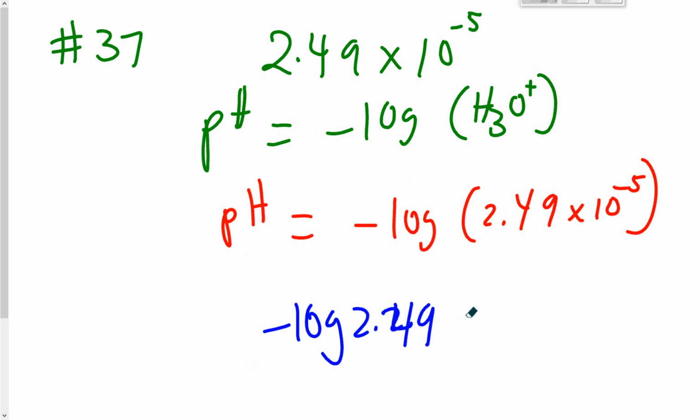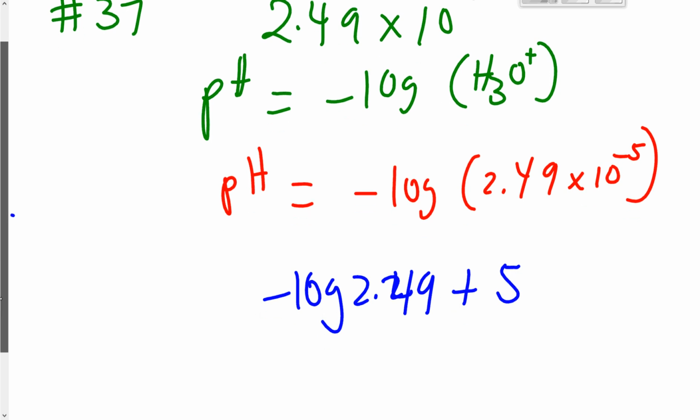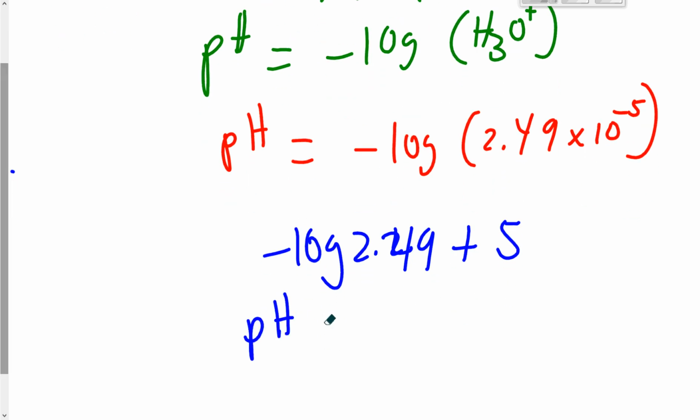Oops, 49. And then it's going to become a positive because I'm going to bring the negative 5 down, but I'm distributing that negative, so now it's going to be positive. And the log of 10 is 1. So there we go. That's what it looks like. So our pH level is approximately negative log of 2.49 plus 5,